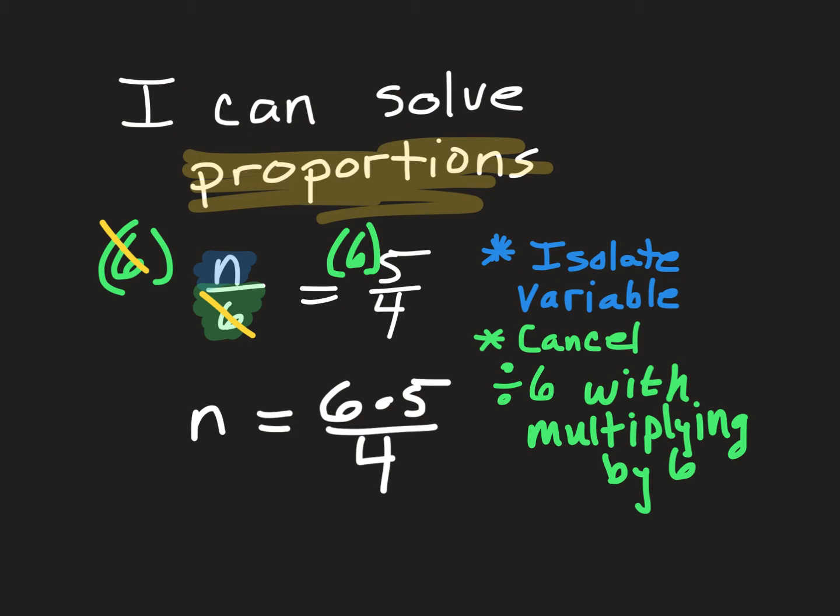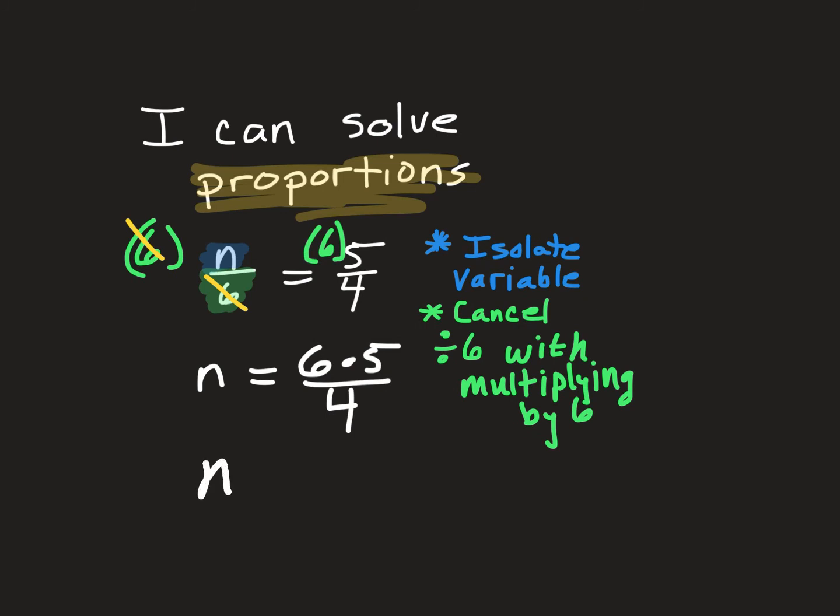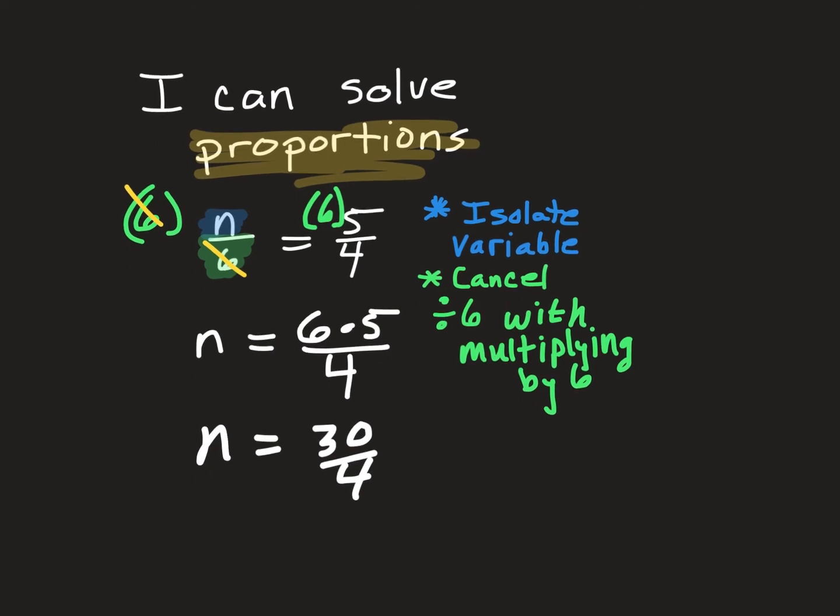Okay, you might remember from middle school, technically that 6 is the same thing as 6 over 1. And then you just multiply the numerators and then multiply the denominators. So you're really just doing 6 times 5. Then you're going to take that answer and divide by 4. So, of course, if we do that, that would be 30 divided by 4. And remember, in algebra, we like fractions. Okay? So answers,